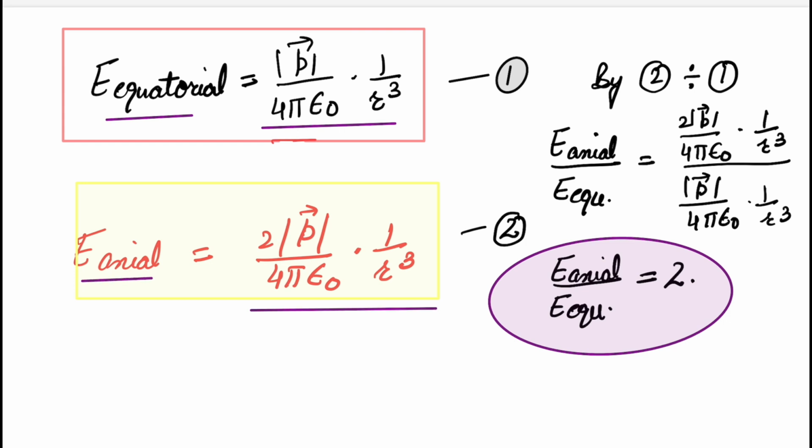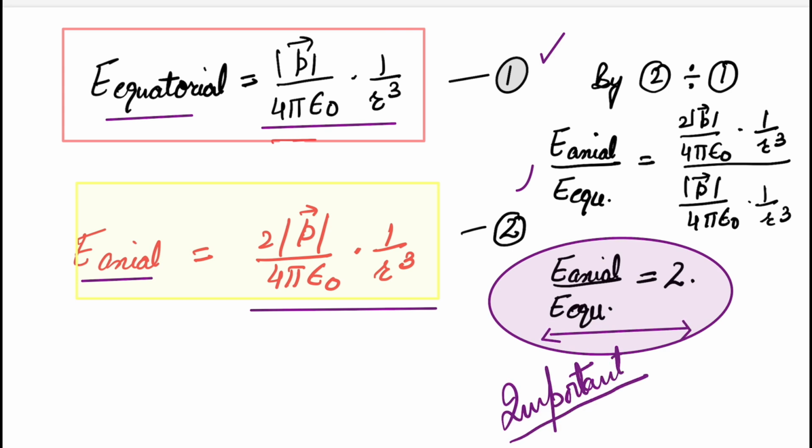If we recall the relations again, E equatorial is equal to this, E axial is equal to this. If we divide equation 2 by 1, then we will have E axial by E equatorial is equal to 2. This relation is very important, that the ratio of electric field intensity at the axial point and the equatorial point of the dipole is equal to